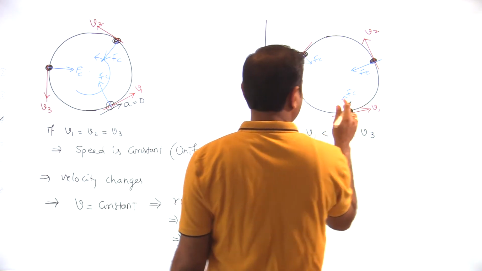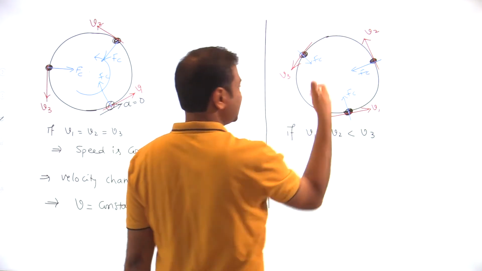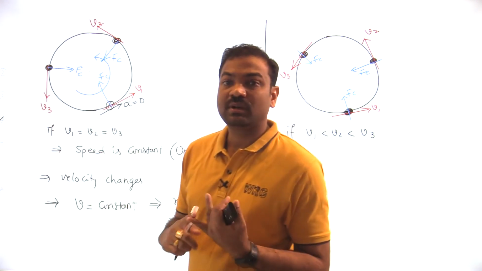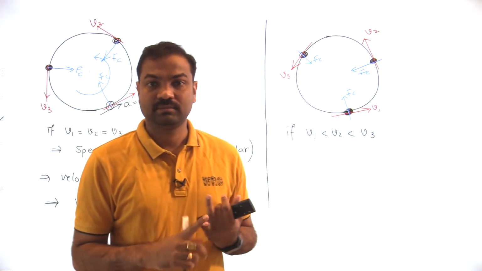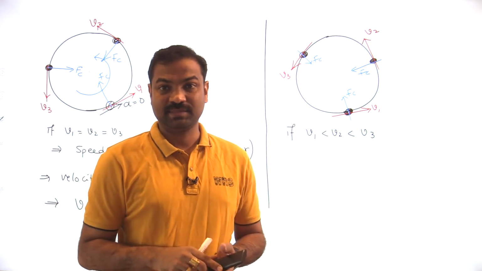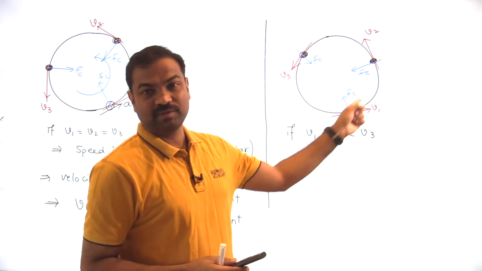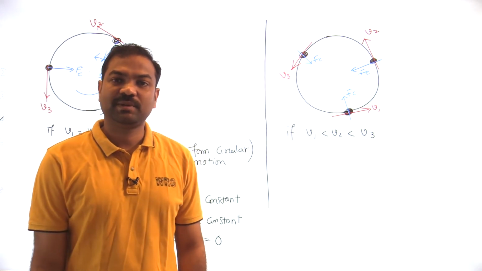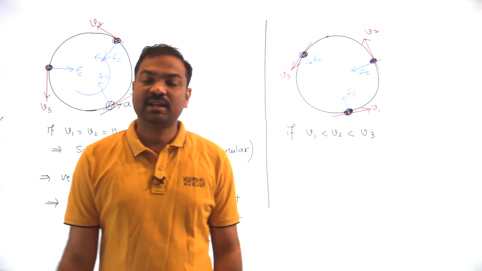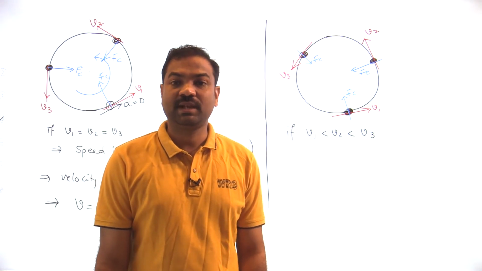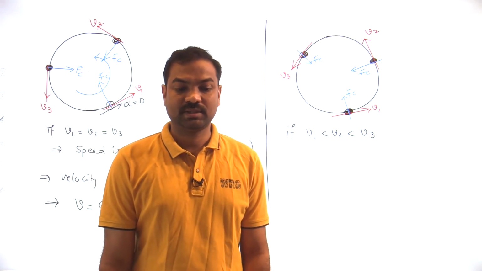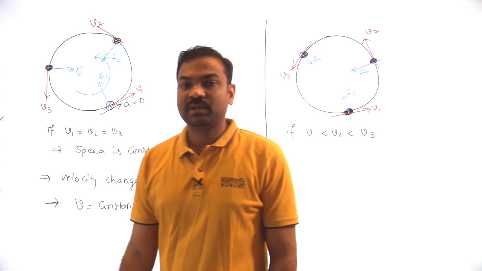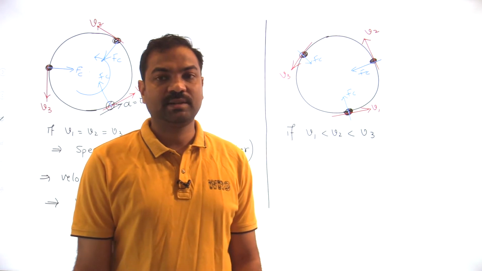Now tell me, is this force able to increase the speed? No. Why? Because that force is acting perpendicular to velocity. It should not change the kinetic energy. Let us think from the work energy theorem. What is the work done by this force? Work done by centripetal force is 0. The power developed by the centripetal force is 0. That means centripetal force never changes the kinetic energy of the particle in circular motion. Because of centripetal force, speed won't increase, and at the same time won't decrease.